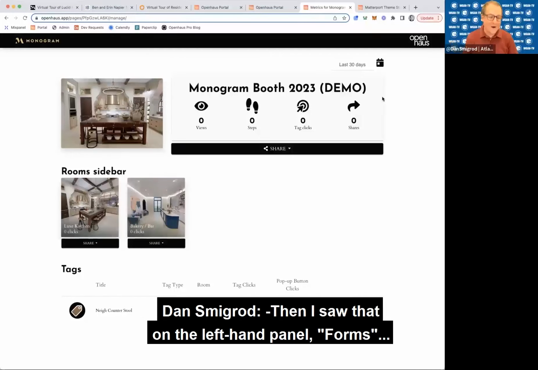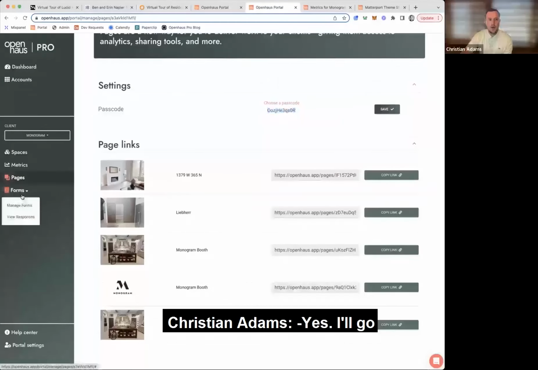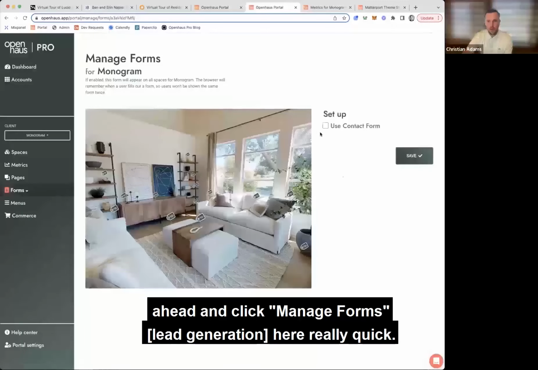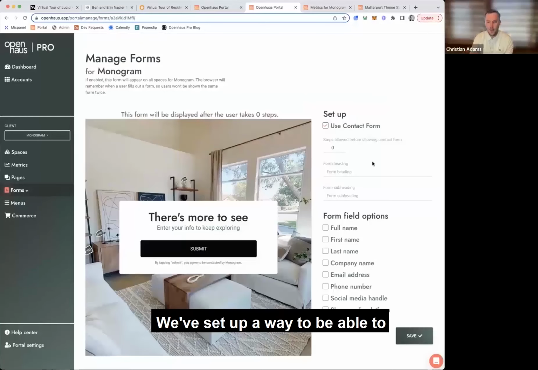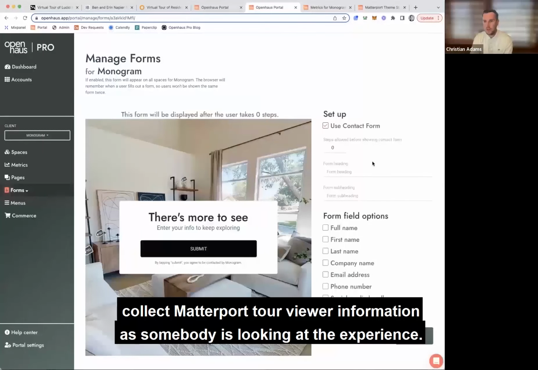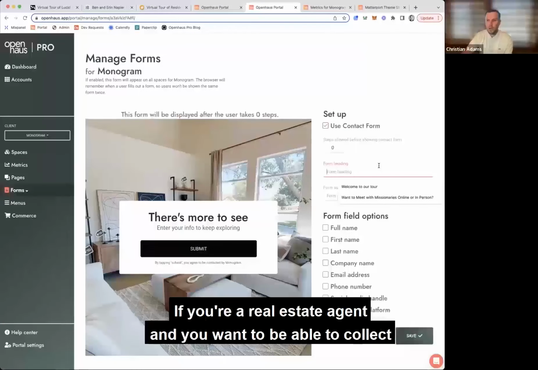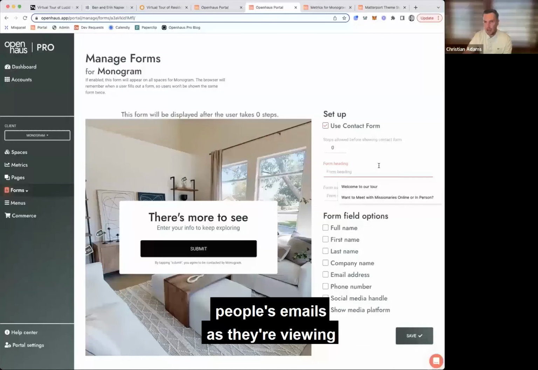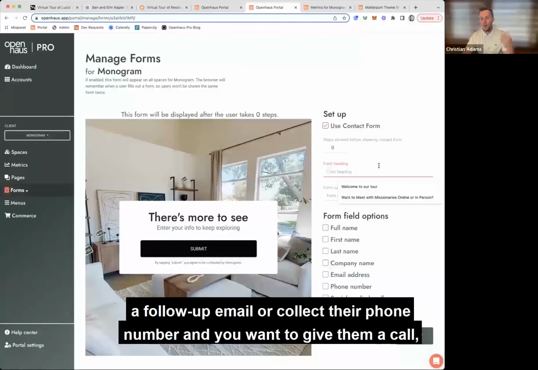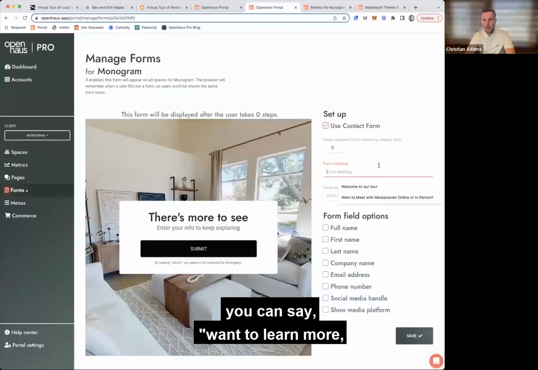Okay, and then I saw on the left-hand panel forms. Yes. So what forms is, I'll go ahead and click manage forms here really quick. We've set up a way to be able to collect tour viewer information as somebody is looking at the experience. So if you're a real estate agent and you want to be able to collect people's emails as they're viewing the tour and then send them a follow-up email, or their phone number and you want to give them a call, you could say, want to learn more,